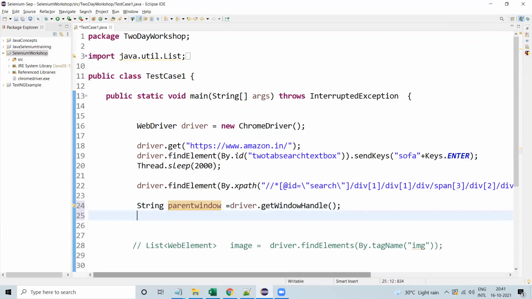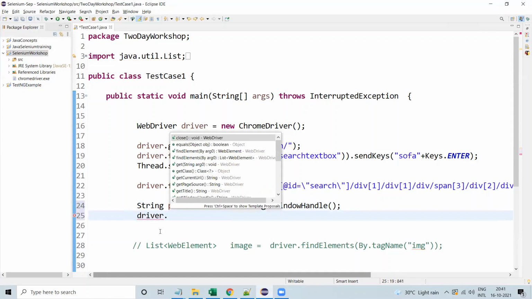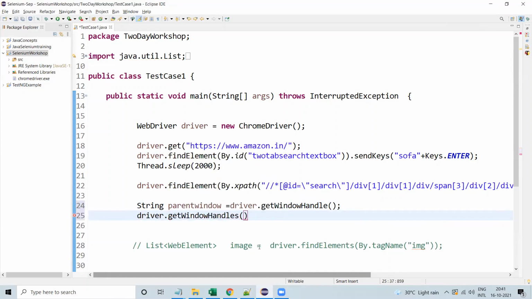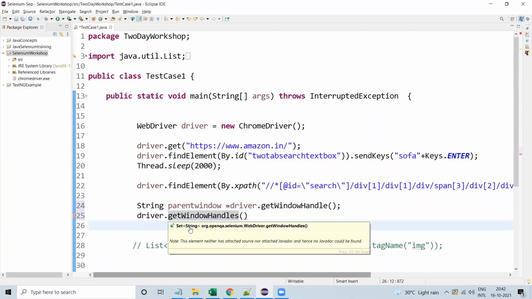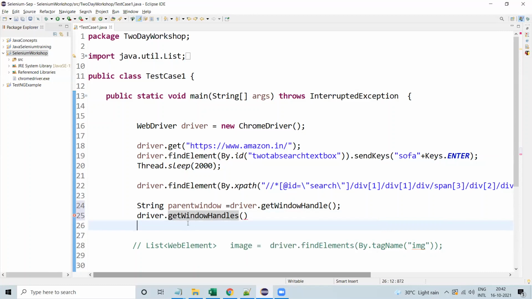Then what we need to do is driver.getWindowHandles. Now multiple windows are opening, so we need to use getWindowHandles over here. The getWindowHandles method returns a Set of String. Why is the developer using the Set?